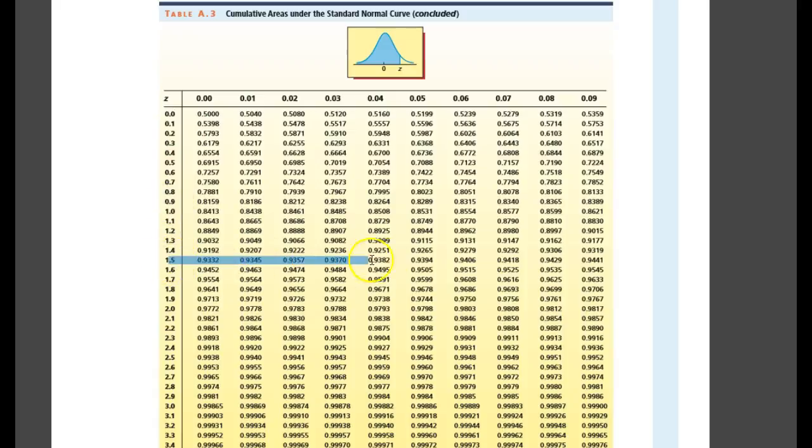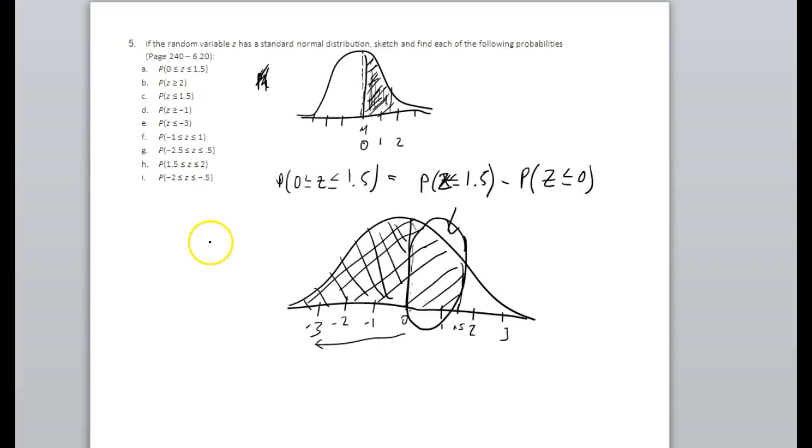Okay, so now which number do we use in this whole thing? That's actually very easy to know. This column just deals with one decimal place, so 1.50 essentially. So that's going to be these values, all the way down here. But say this was 1.51, that would be here. 1.52, that would be right here. 1.53, that would be there. So for just straight 1.5, we just have this value. Our value is 0.9332, so that's the probability. So we write that here,